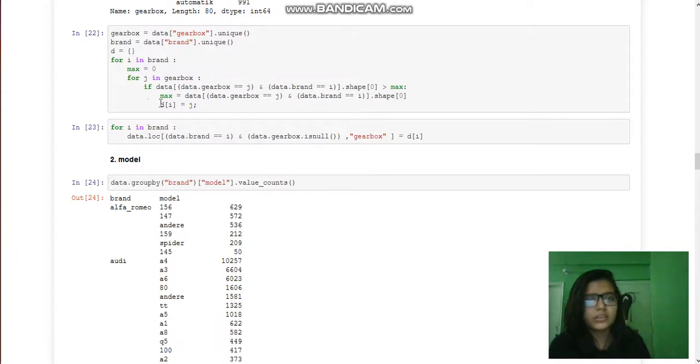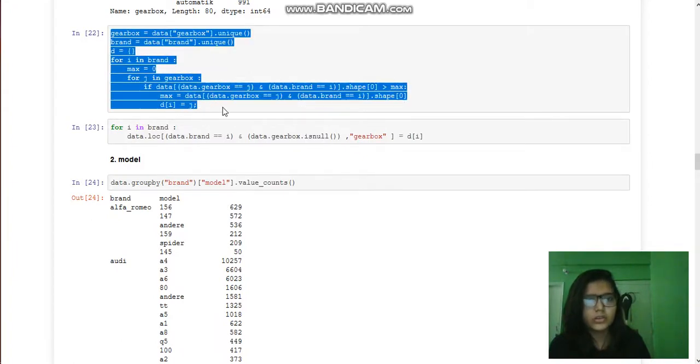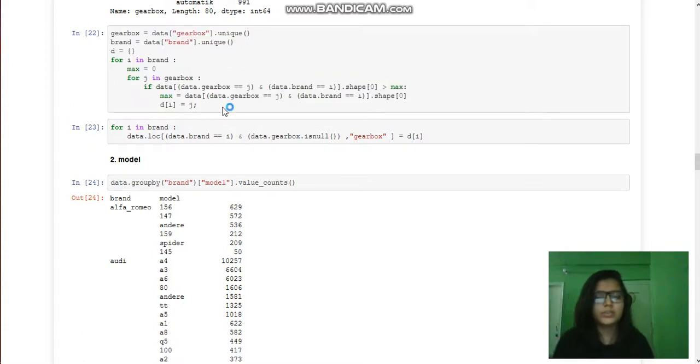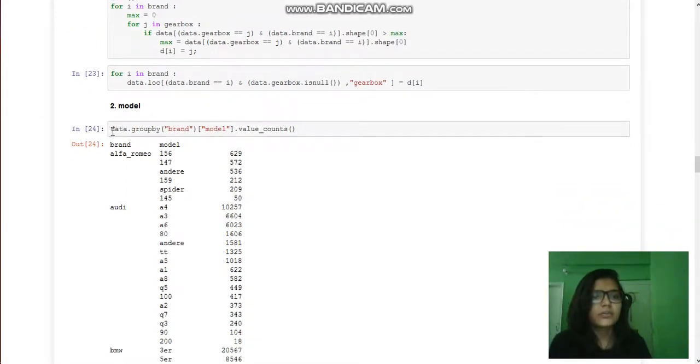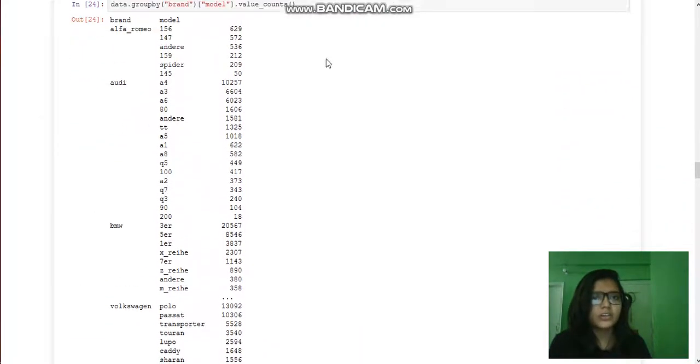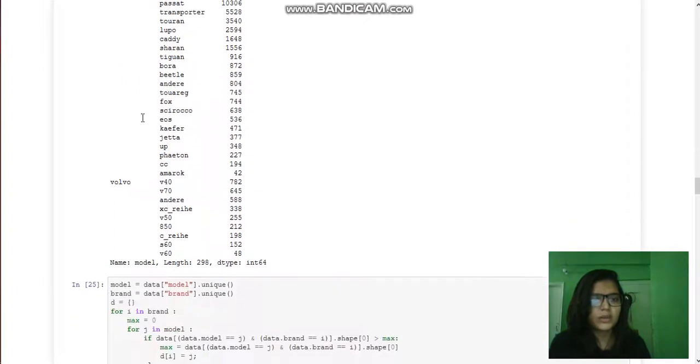This is the Python code that was created to replace all the null gearbox values with the most common gearbox in that particular brand. So we did that.